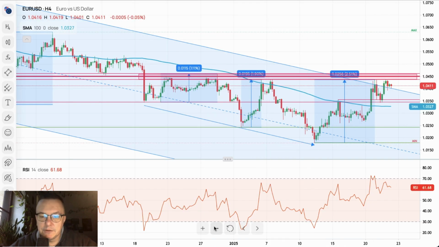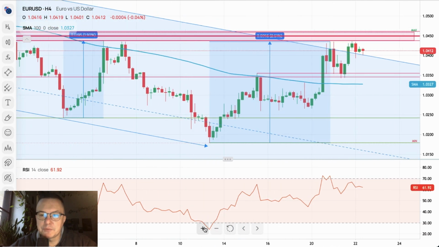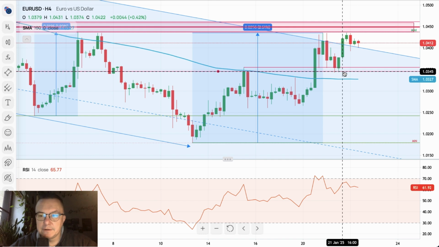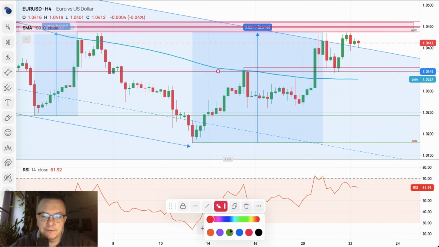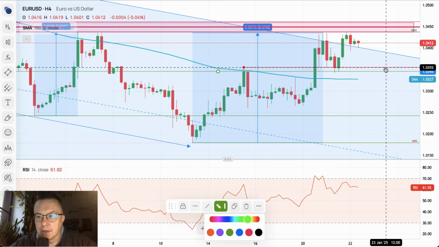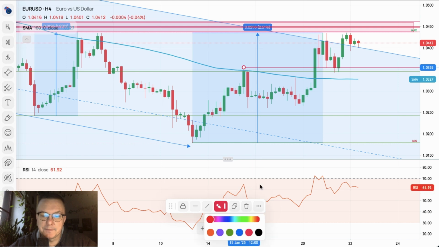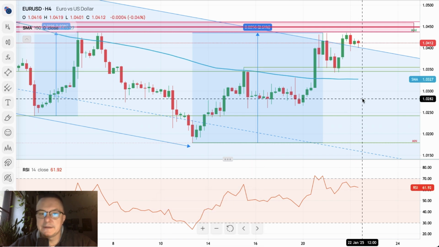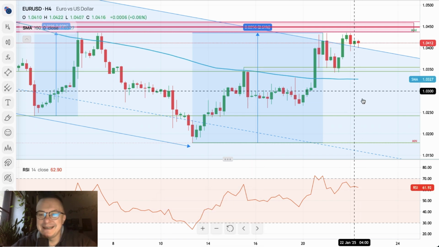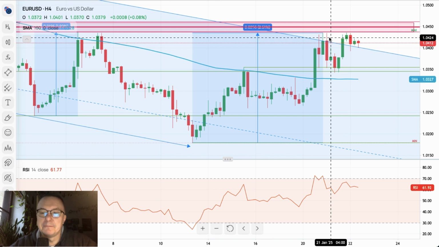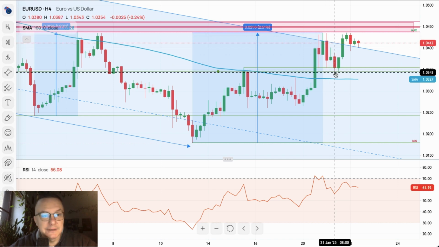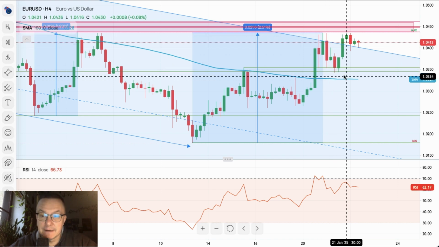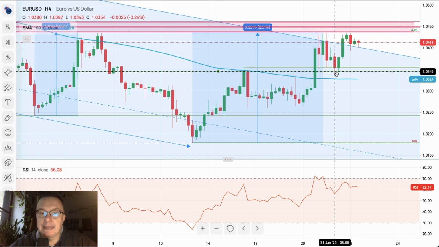The 4-hour chart of the euro dollar is showing us bullish pressure. The technical support at 1.0345 and 1.0355 made its statement basically, and bears were not able to break below it. So we have an important technical support in the short term on euro dollar, 1.0345, and we have the demand zone